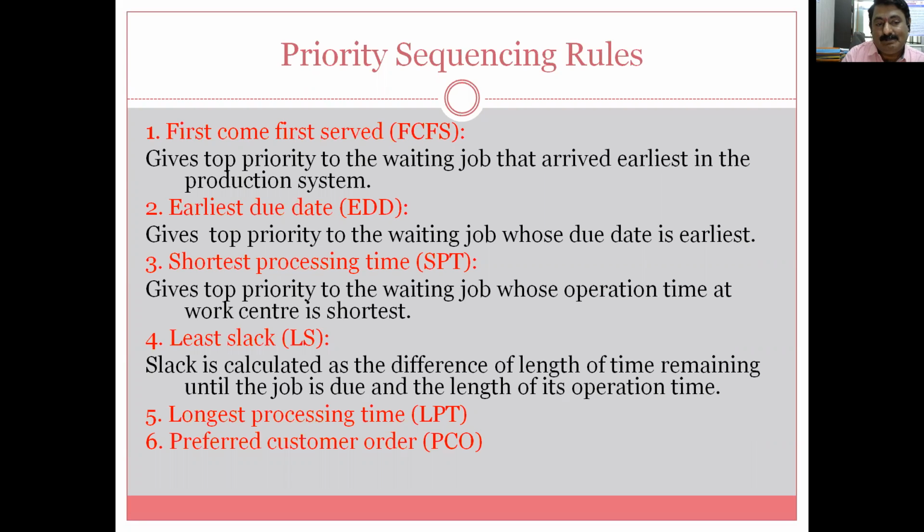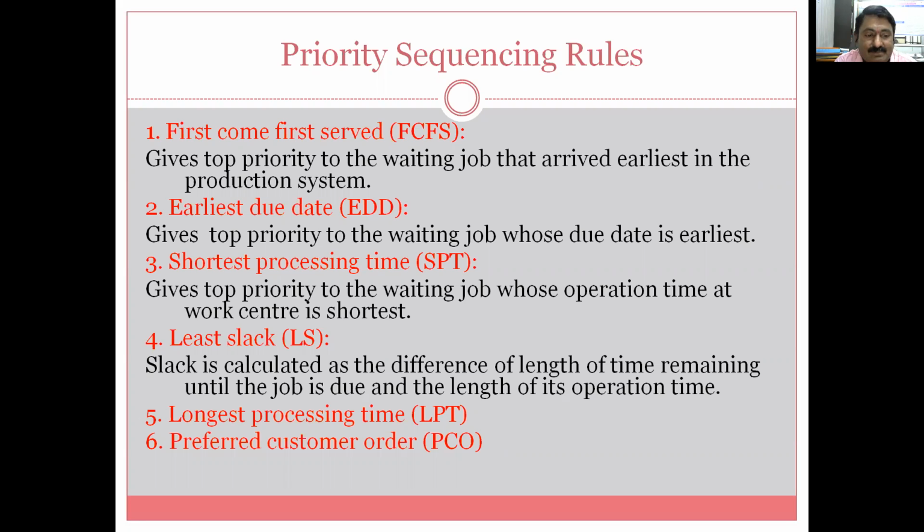Shortest processing time. This is again one of the different criteria. So least time required on that particular work center. Give top priority to the waiting job whose operation time at the work center is shortest. Shortest means what? 10 jobs are there. Minimum time is loading time 3 minutes, processing time 5 minutes, and removing time 1 minute. So in 9 minutes that job is going out. And if you compare the other 9 jobs, it may be half hour, 1 hour, 1.5 hours, 2 hours, 9 hours, etc. So this is one of the criteria, that shortest processing time. Let the job go for next processing.